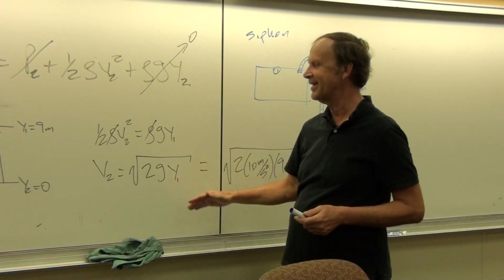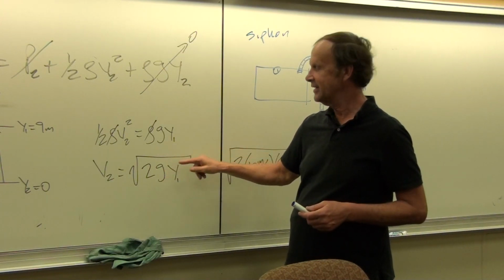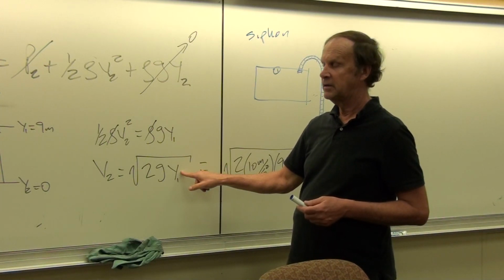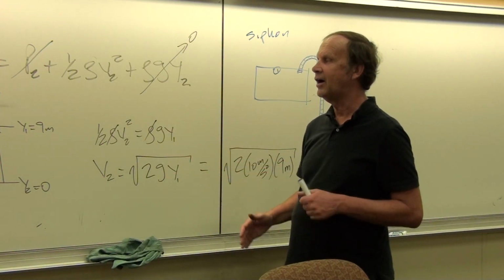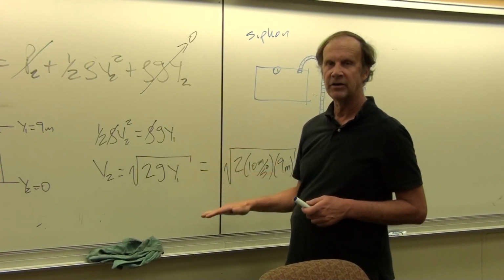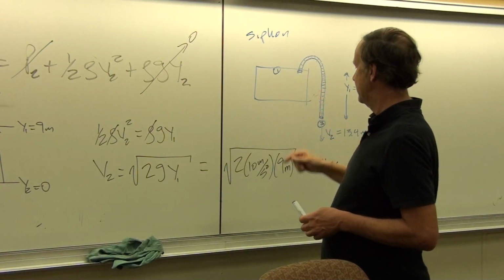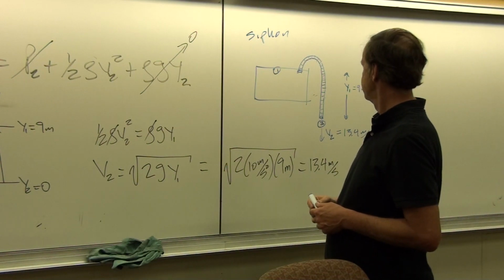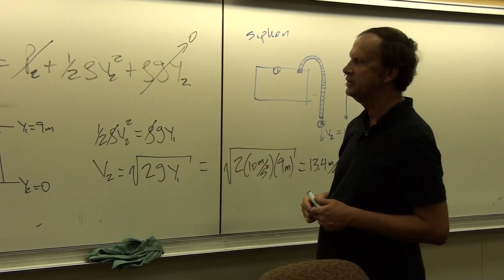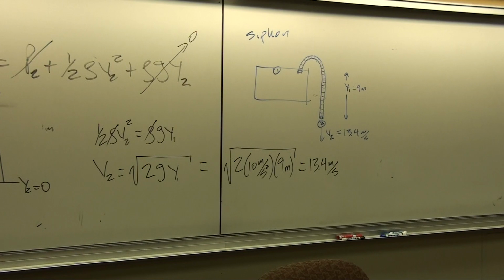If we wanted to figure out how long it would take to completely drain the water tank, that's a tougher problem, because here we're just looking at the velocity at this moment when the height is this value. That's a little different than integrating all of those little velocities to get some average flow rate over the entire time it would take to drain that whole water tank or this gas tank. So that's another problem that's equivalent to the one we just looked at.